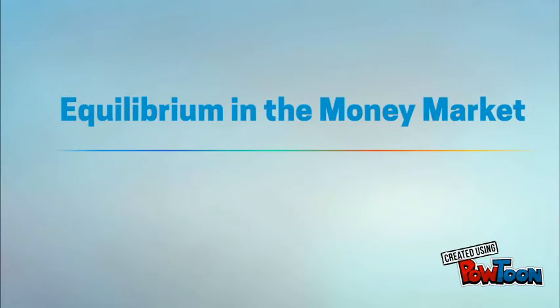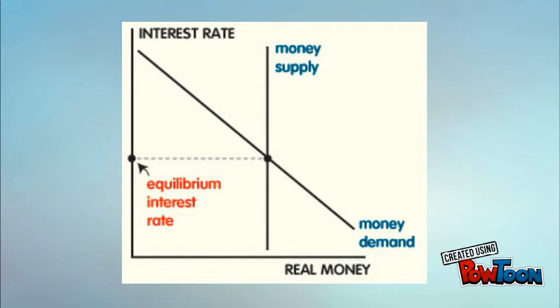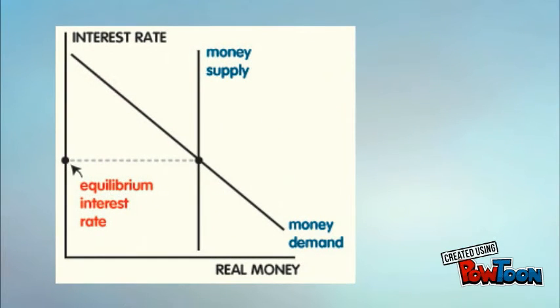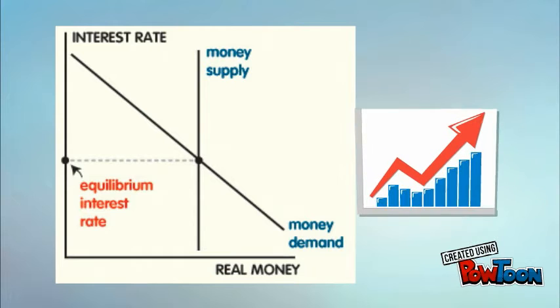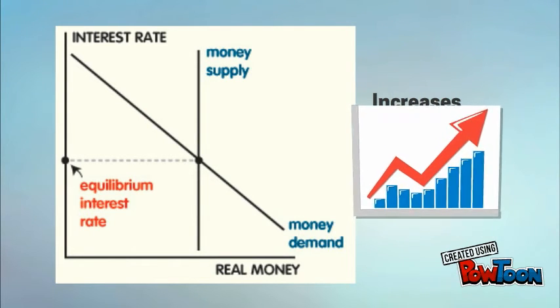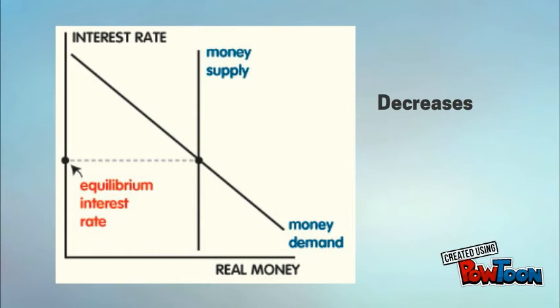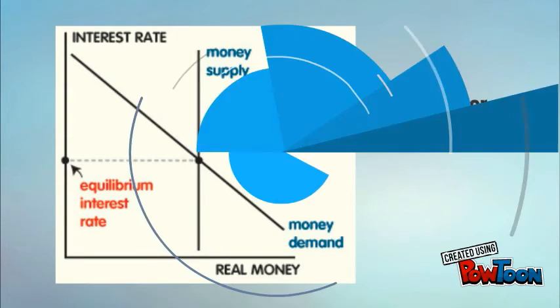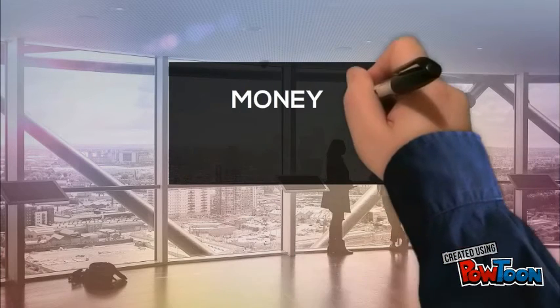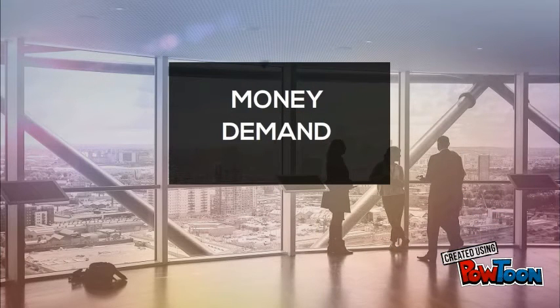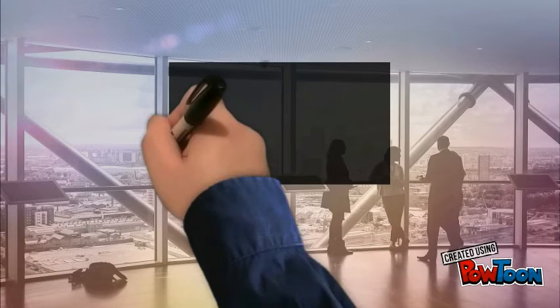Equilibrium in the money market takes place when the quantity of money demanded is equal to the quantity supplied. Here's what this equilibrium looks like. Now that we have a model to work with, we can begin to visualize what happens when money demand increases or decreases, or when the money supply is increased or decreased by the Federal Reserve. Let's look first at an example of money demand changing and then see what happens when the supply of money